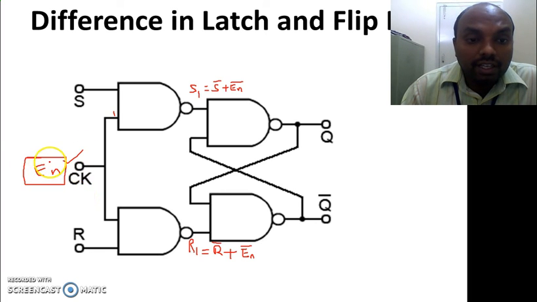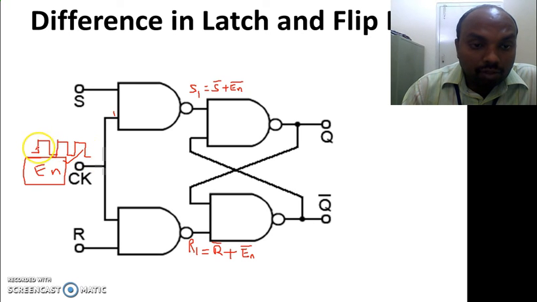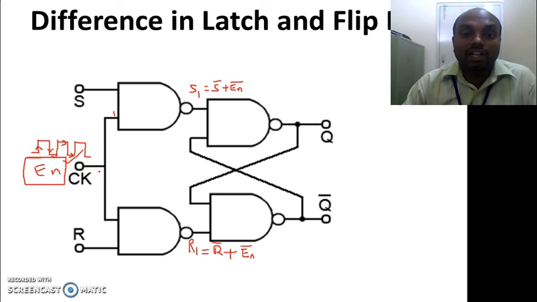So if I give a clock pulse here at this position every time, then the flip-flop, whatever the designed circuitry here in this case, may be triggering the output whenever there is a rise in the signal or a fall in the signal, or if the level is high or if the level is low. So there are two types of triggering here. One is level triggering, another one is edge triggering.